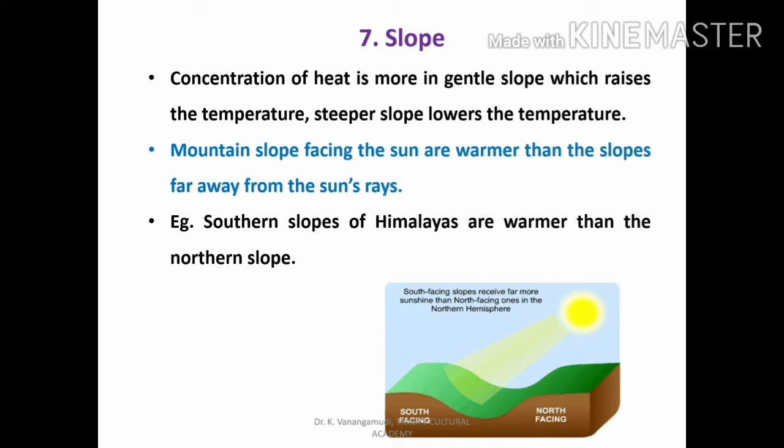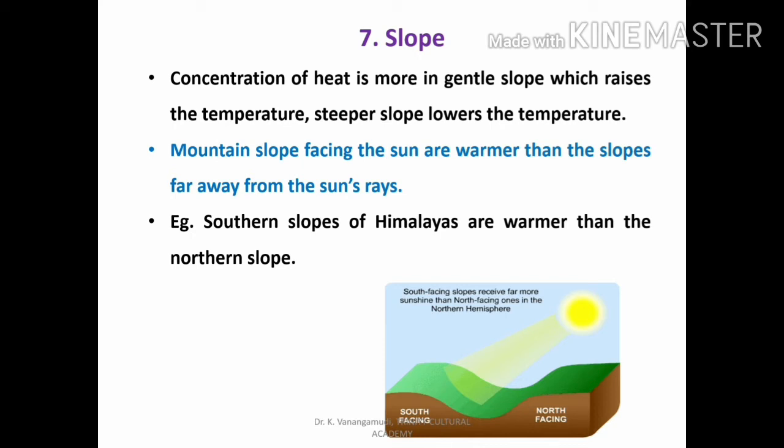The concentration of heat is more on a gentle slope, which raises the temperature. A steeper slope lowers the temperature. Mountain slopes facing the sun are warmer than the slopes far away from the sun rays. For example, the southern slopes of the Himalayas are warmer than the northern slopes. The figure clearly indicates that the south facing slope in the northern hemisphere will get more heat when compared